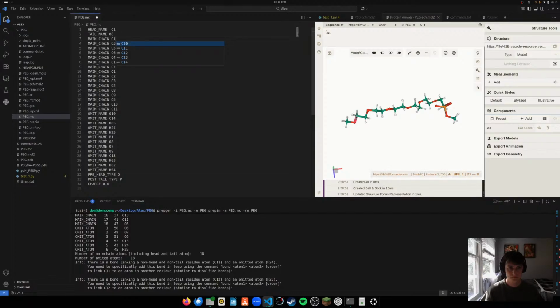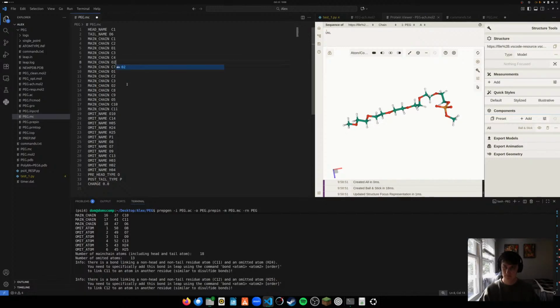C1, C2, wait, that could have been it actually. O1, C3, C4, O2, C5, C6, O3, C7,